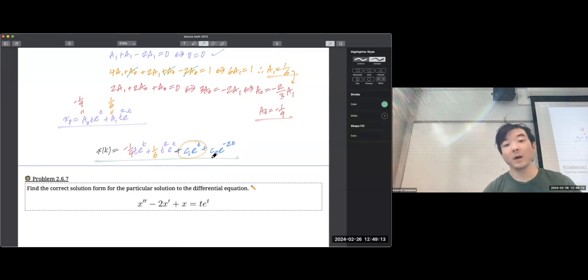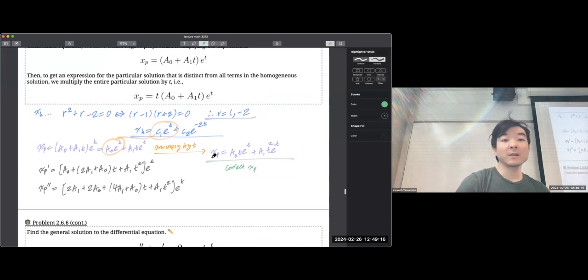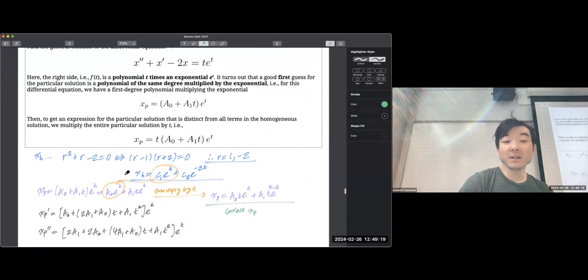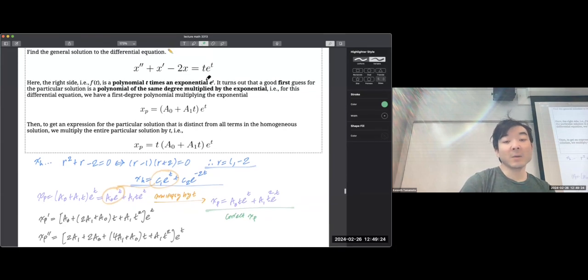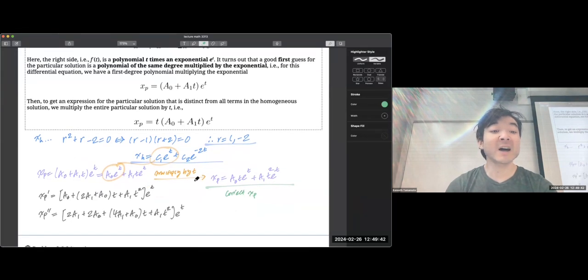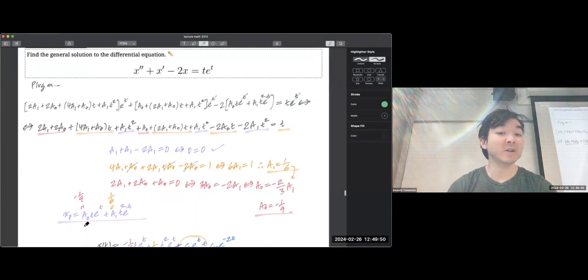So what did we do? We ended up taking our equation, finding the homogeneous solution by just doing the characteristic on the left-hand side. Notice, and then we say our particular solution, because it's a polynomial times an exponential, will also be a general polynomial, degree 1 polynomial times the same exponential e to the t. However, one of those terms matches with the homogeneous, so if you plug this in, you'd have some kind of false statement or contradiction. The solution has always been to multiply the entire particular solution by t. This is your corrected xp. You take the derivative, the second derivative, plug those in, and then you match terms, and you end up getting